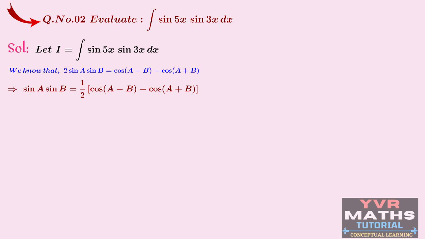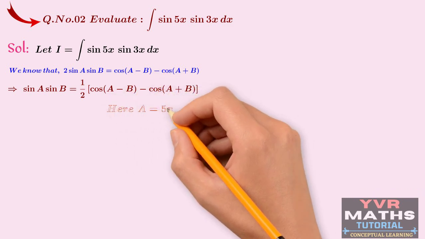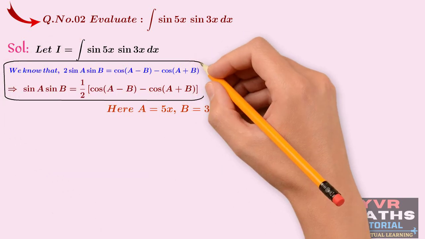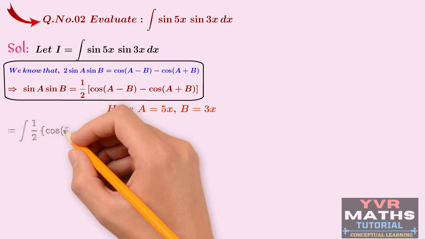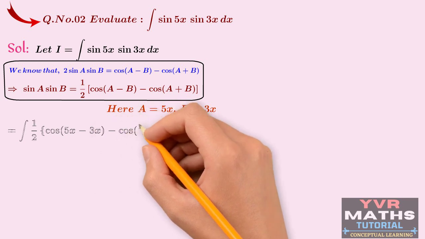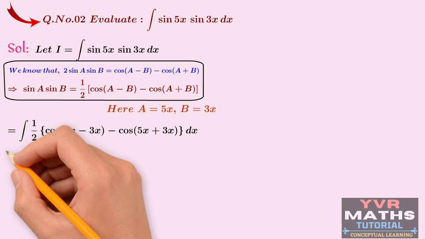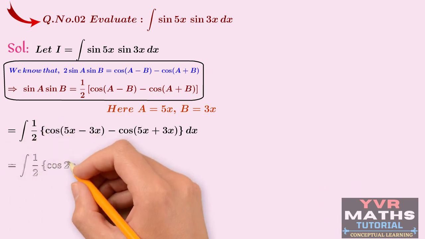Here what is A and what is B? If we compare sin A sin B with the given integrand sin 5x into sin 3x, then capital A is 5x and capital B is 3x. So in this formula, if we substitute A and B values, then what we will get? See here, in the next step, integral 1 by 2 into cos of (5x minus 3x) minus cos of (5x plus 3x) dx. If we simplify this one, then the next step is integral 1 by 2 into